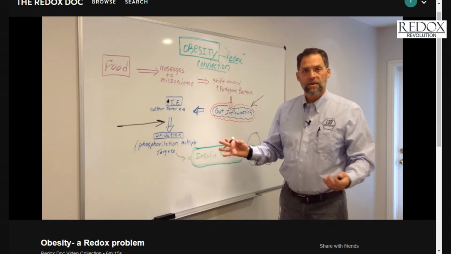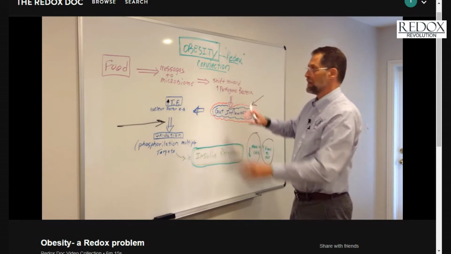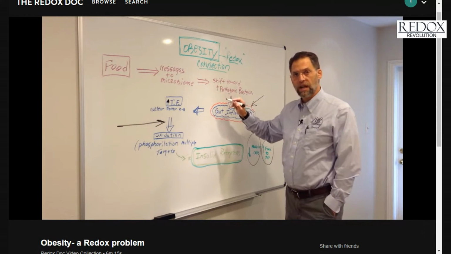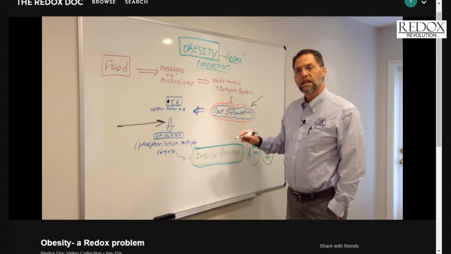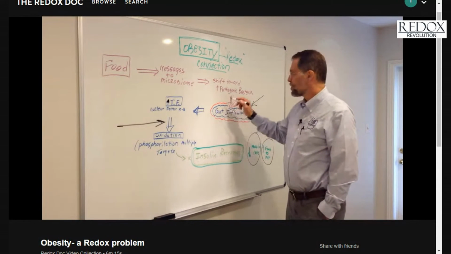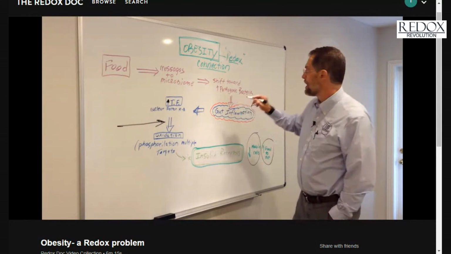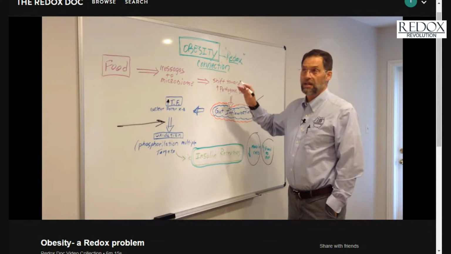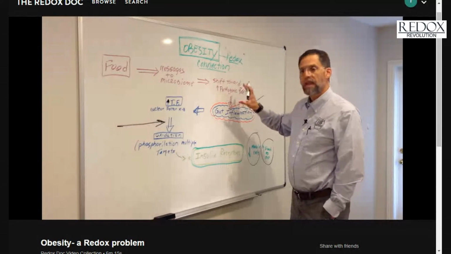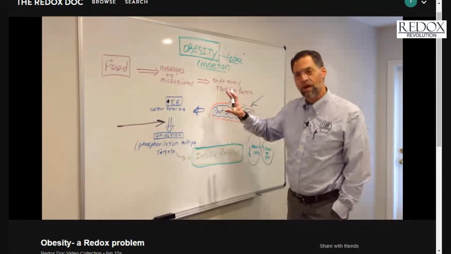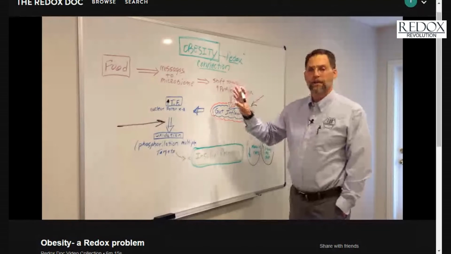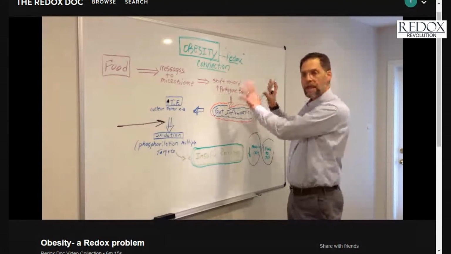So where does redox chemistry come into play in this scheme of things? Well, it turns out that we can help the bacteria population by providing a resource, a supplementation of balanced redox molecules. The little germs that are the good guys like these redox molecules. They actually help the healthy germs in our gut to flourish. And the pathogenic germs really don't care. They're on their own agenda. They don't care about the balance of redox chemistry.